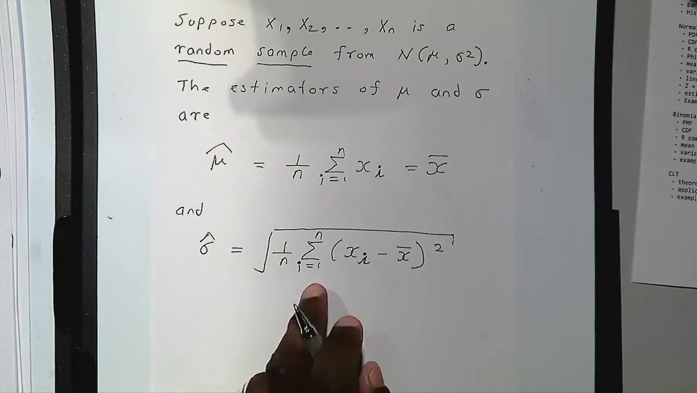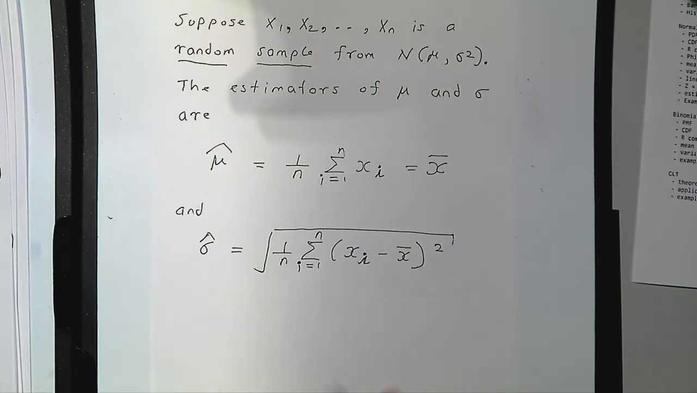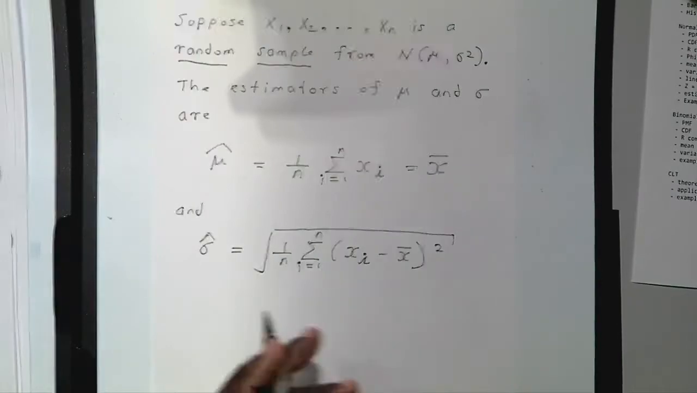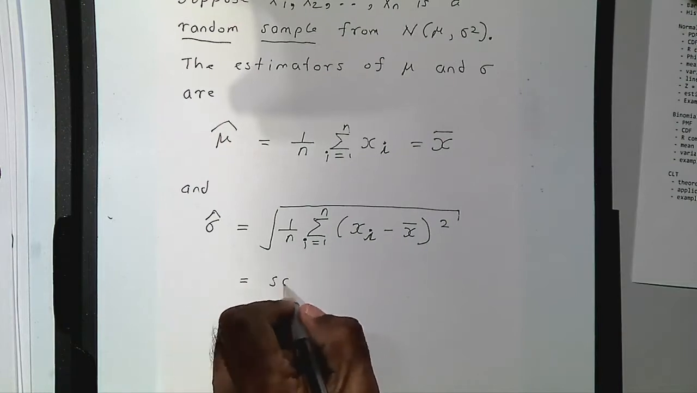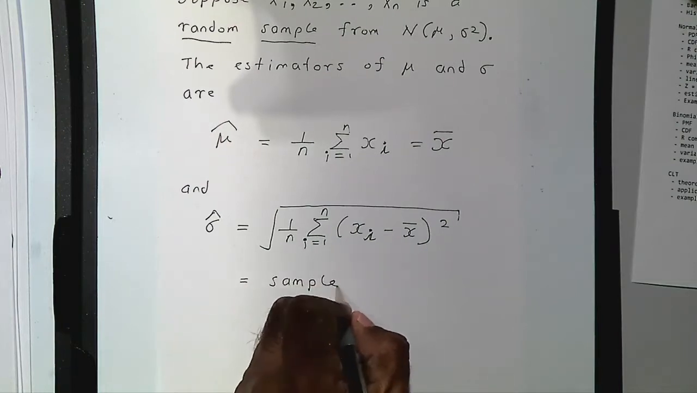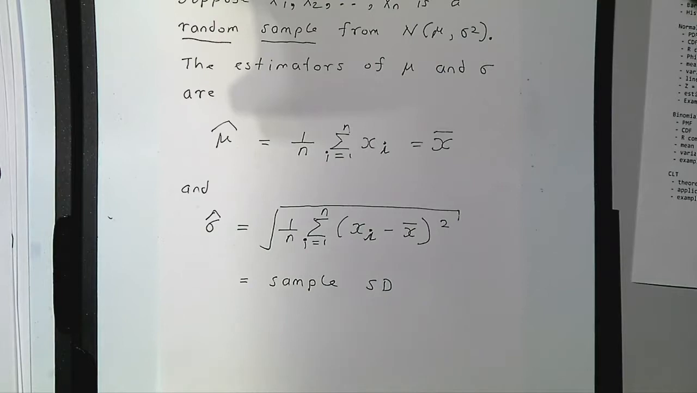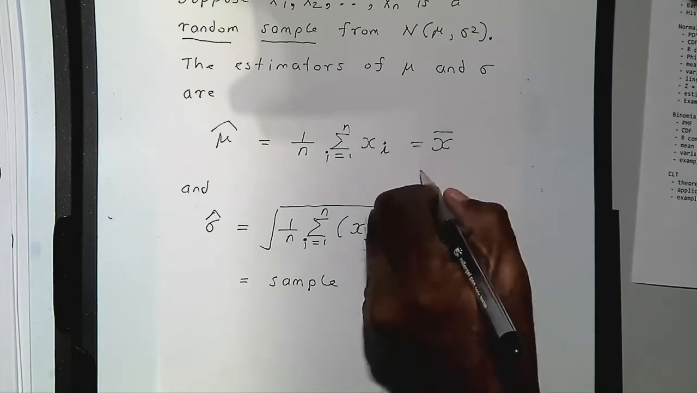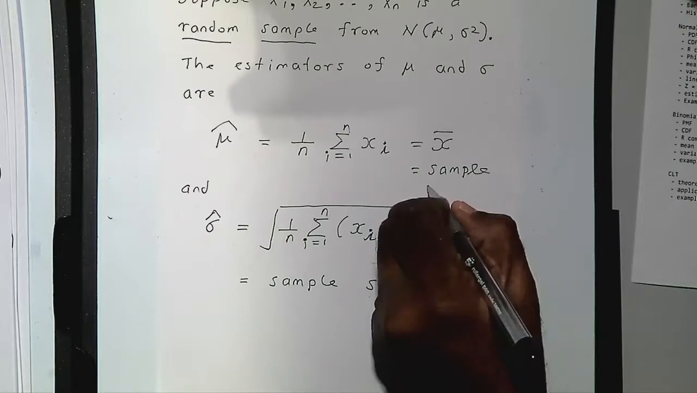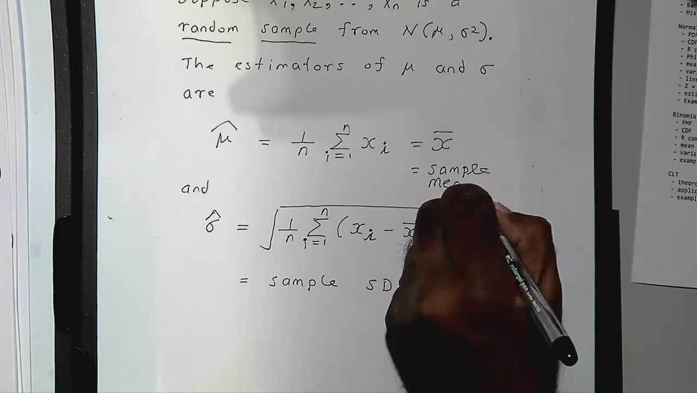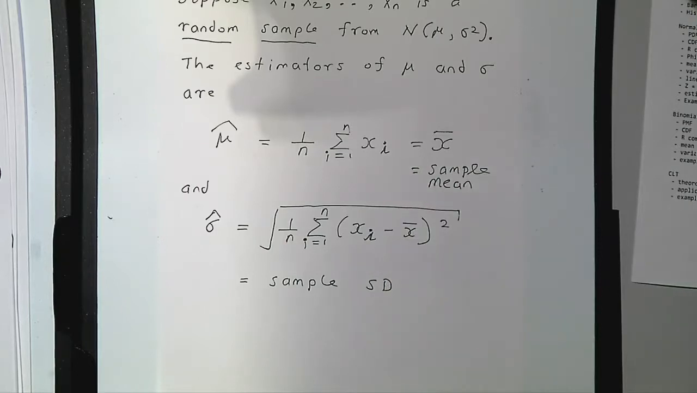Sigma hat is the sample standard deviation, right? So this is the sample mean and this is the sample standard deviation. All right, so the mu can be estimated by the sample mean and the sigma can be estimated by the